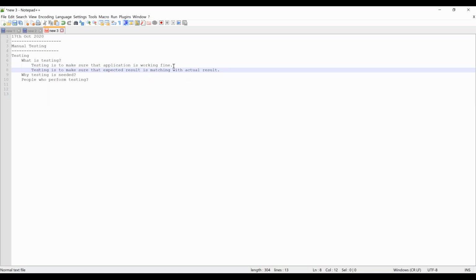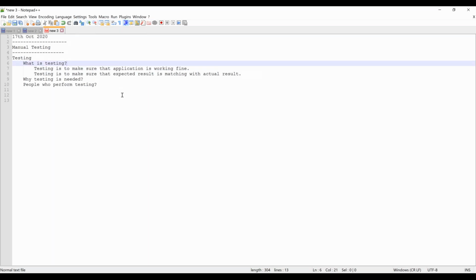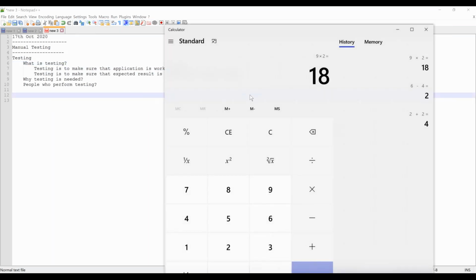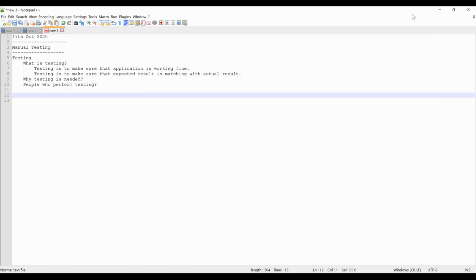Okay, so who will tell that this application is working fine and this application is not working fine? You know this calculator, you have been seeing this calculator from very long back. That is where you know that this application is working fine. Assume tomorrow you get a job with some bank or some company. So let's say you get a job with RBC bank. Now RBC bank has some application to be tested. How do you know that this application is working properly or not working properly?